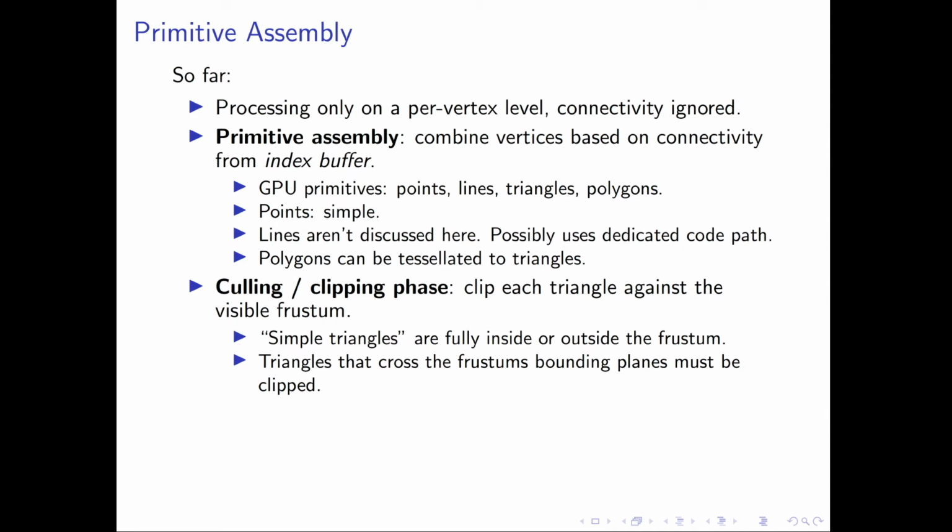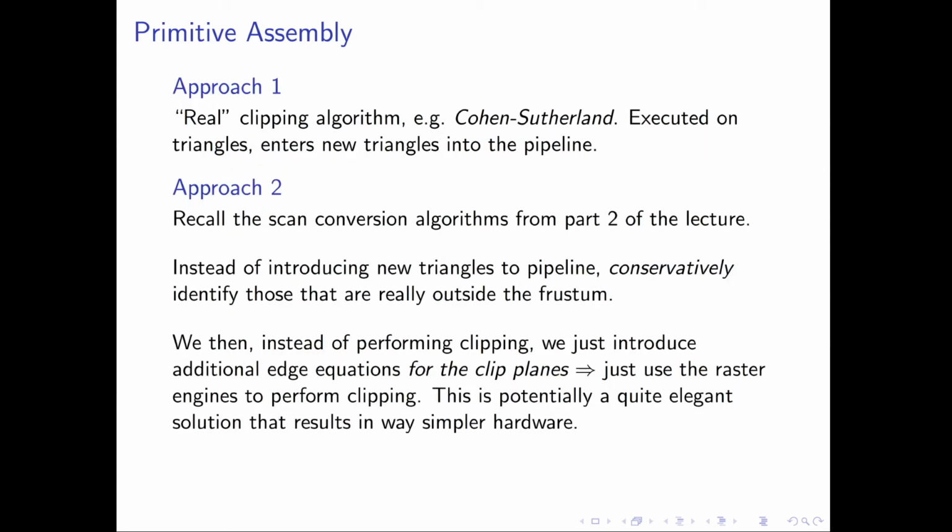That is, we have to make sure that we only take those vertices into account that are inside the visible frustum, and that also results in the input primitives, that is the triangles, being clipped against the visible frustum. Obviously this is quite easy for triangles that are fully inside or fully outside the frustum. Triangles that straddle the bounding planes of the frustum require special handling. This part of the pipeline is not documented so well because the vendors don't really publish those internal details. But there are a few strategies that can conceivably be used